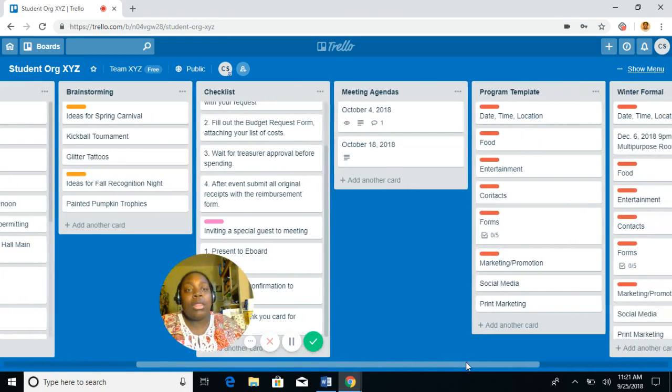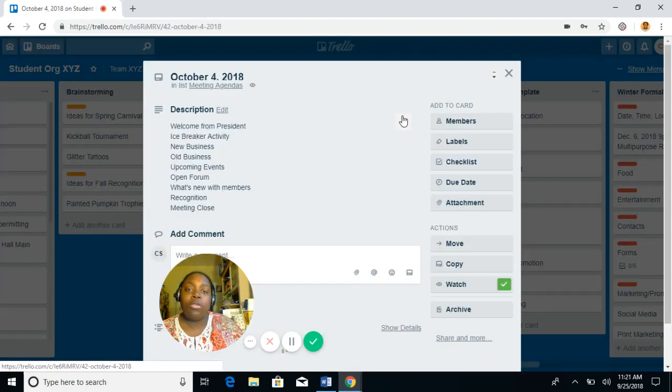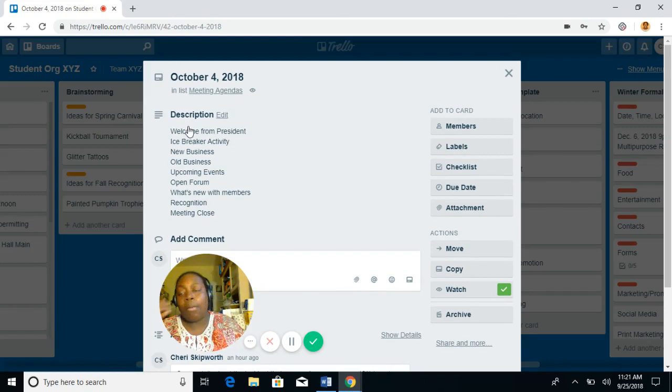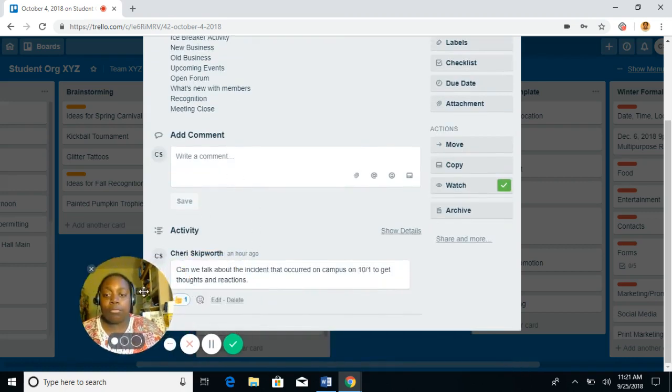And then the last use over here is the meeting agendas. I think you can make a card for each date. So in this instance, these are our general meetings. We're meeting every other week. The next one's October 4th. The next one after that is October 18th. So literally, you can just use this to list. I'm using the description box to just list all of the things that are going to be occurring at this meeting. And then folks can add comments,